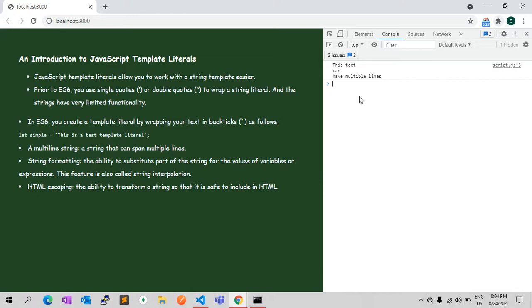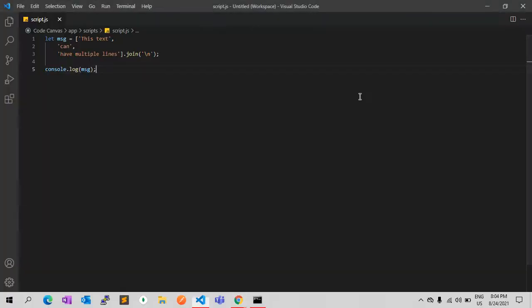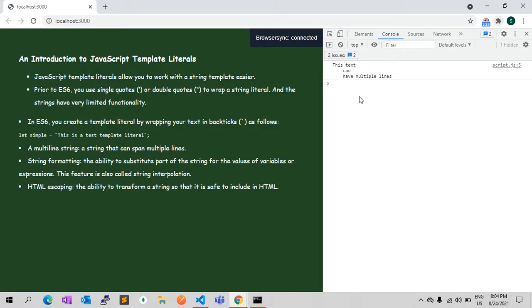The template literals allow you to define multi-line strings more easily. Let me show you how. Just like this, it will be the same output.